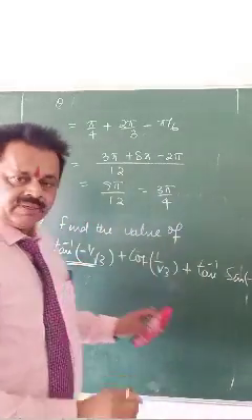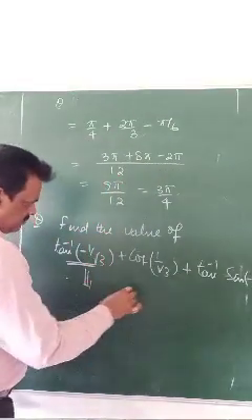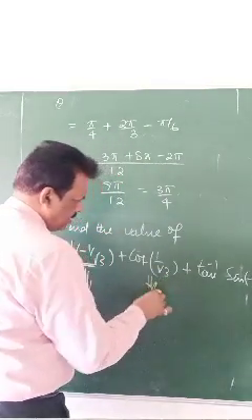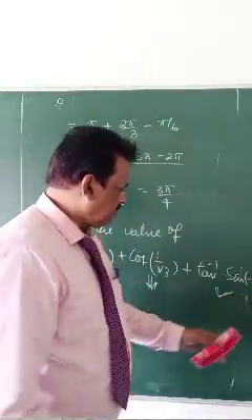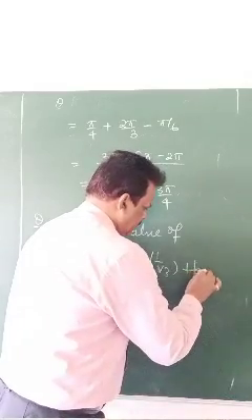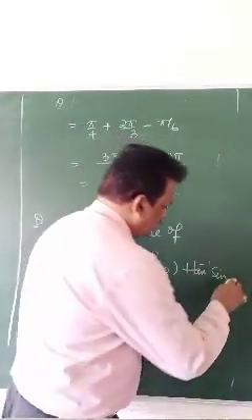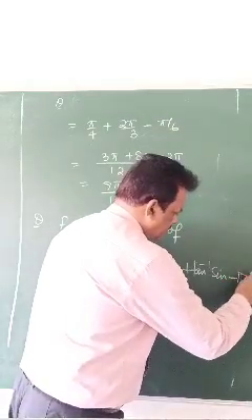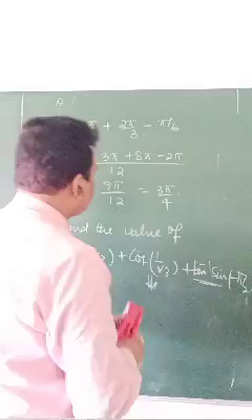This part I am not solving. This is easy. You try. This also you try. Only this part I will solve for you. This part I am going to solve for you: tan inverse sin minus half. This is what I am going to solve. This part, third part.